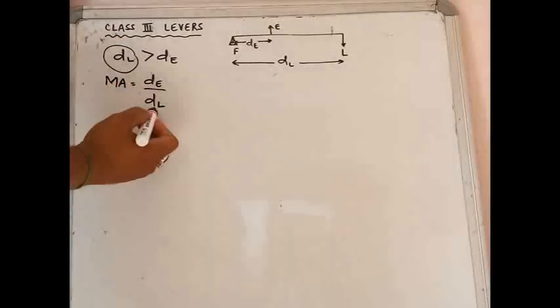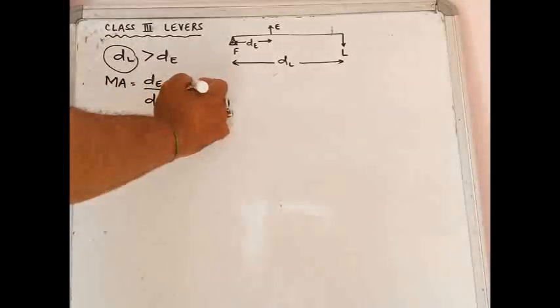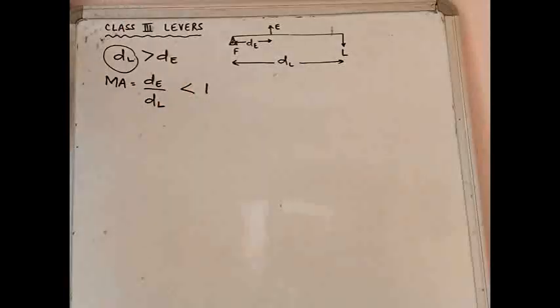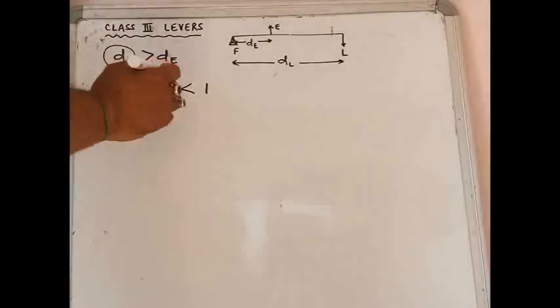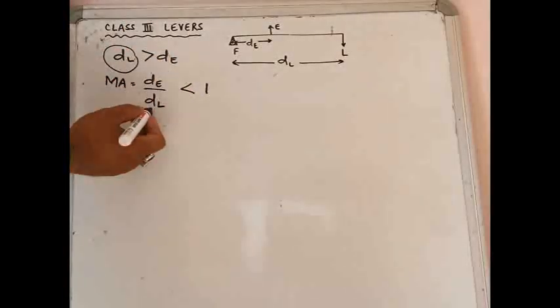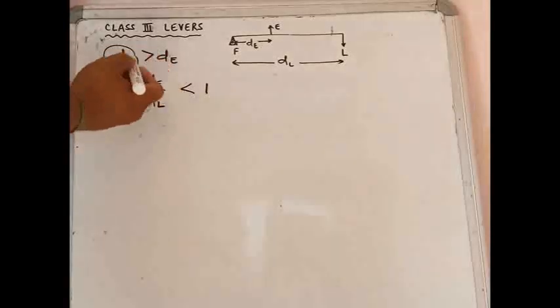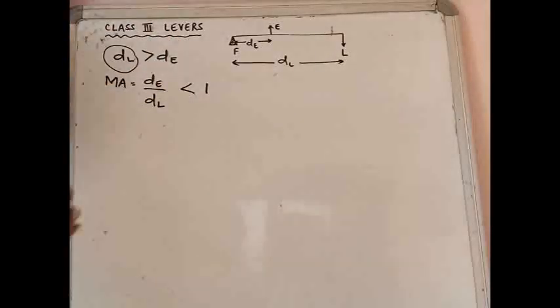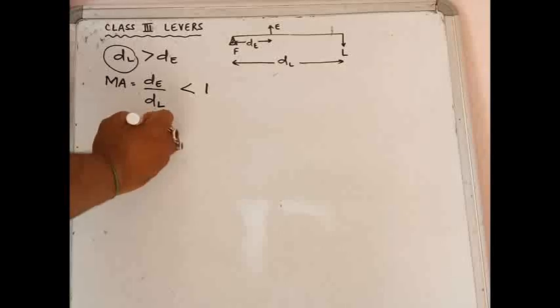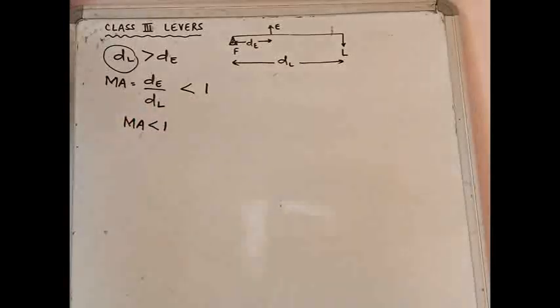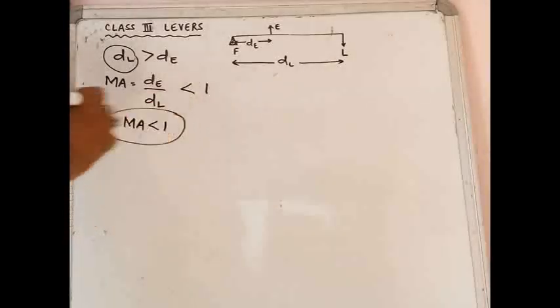That means the denominator is greater. That means the MA value will come out to be less than 1. Why? Because in a fraction, if you have a denominator that is more, the overall value of the fraction is less than 1. So you have the value of MA coming out to be less than 1 in case of a class 3